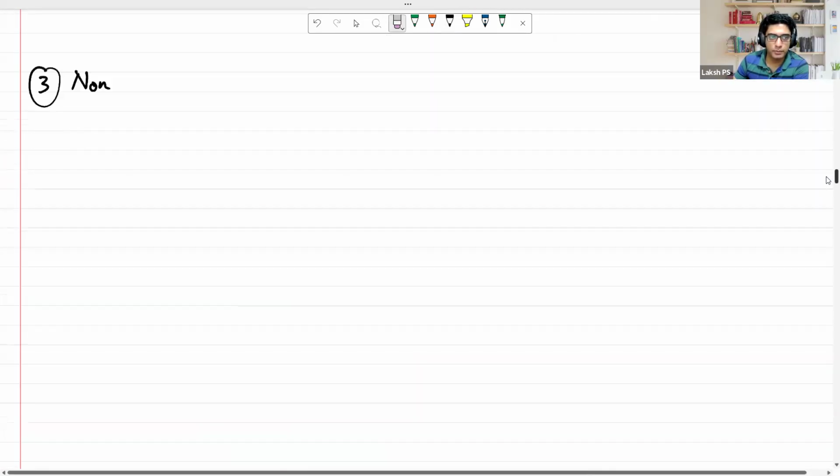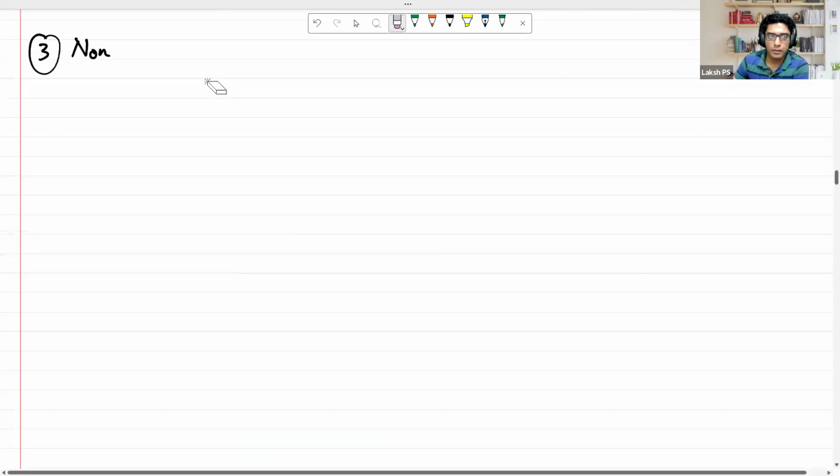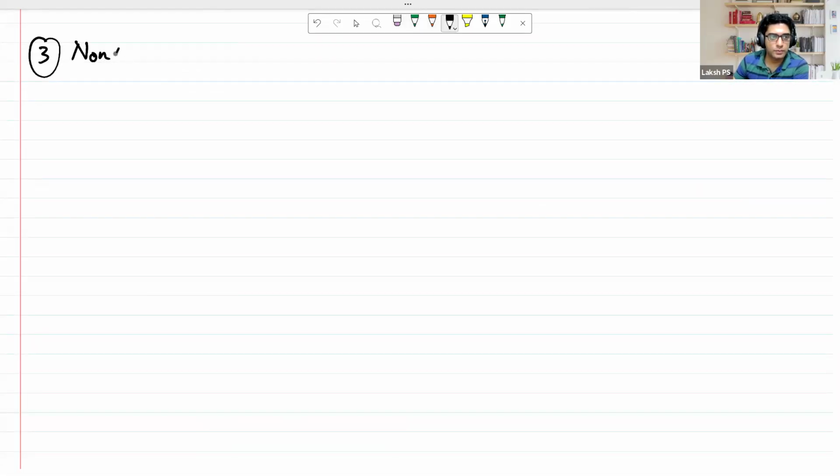Okay, coming to the third point. On your non-root switches, elect a designated port. Now, there is no definition of a designated port. A designated port is a port. All ports on your non-root switches, all ports except